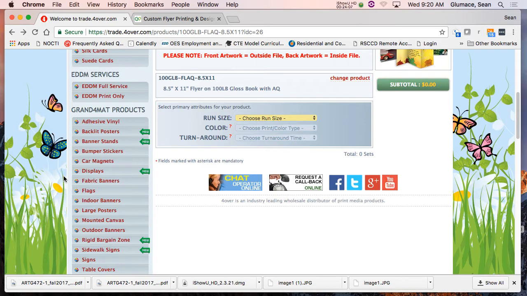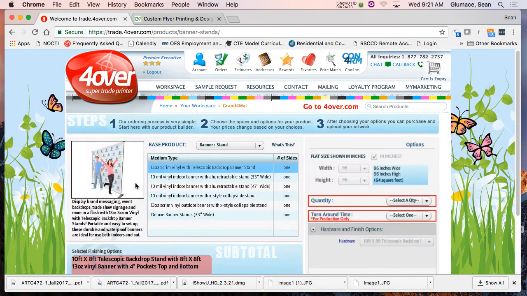I've done it a few times. It's just time consuming. You gotta sit there and go, okay, you don't want things to break where they aren't supposed to break, like over a door or a window and things like that. But they even got banner stands now. I mean, it's scary what you can order from them.